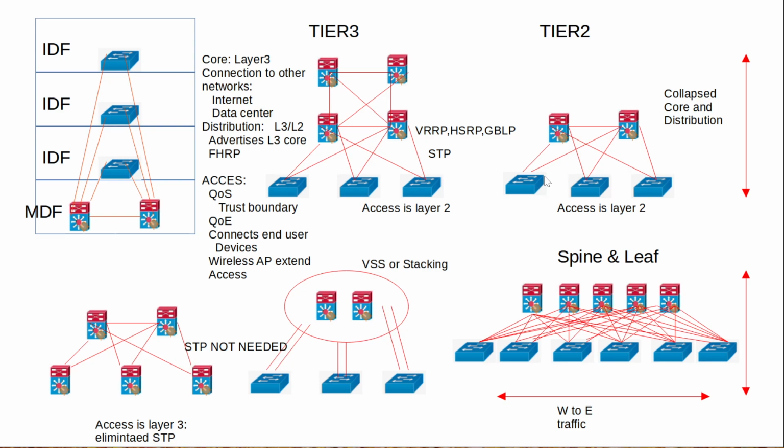So, a final note here: these topologies were thought for moving traffic between north and south. That means between your users and the internet, or between your data center and your end users. It was not created having in mind moving traffic between west and east. And there is another topology that is very good at that, which is known as the spine and leaf topology,